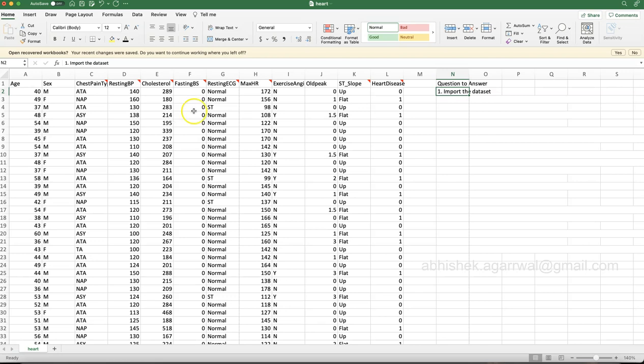But the whole idea is down to this problem: how we can make it so self-intuitive, or at least a machine driven by a machine learning algorithm, so that we can quickly predict whether a person is having the heart disease or not. So like a small app. So first thing first, you need to import the data set, right? The CSV data set. And after that, you need to check how many rows you have in the data set,